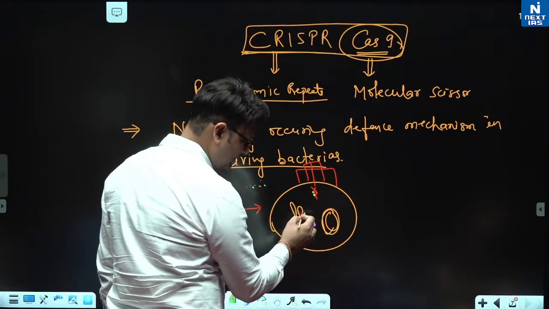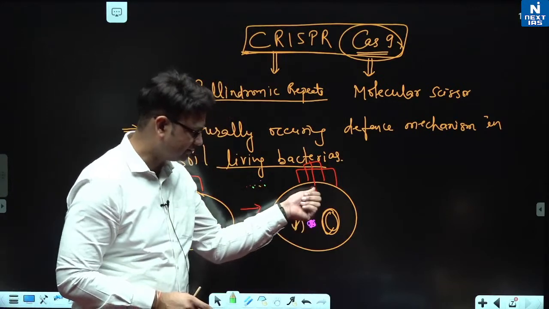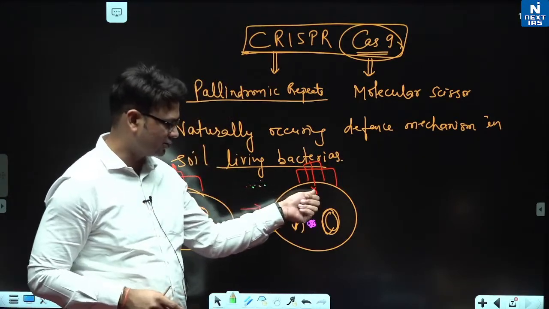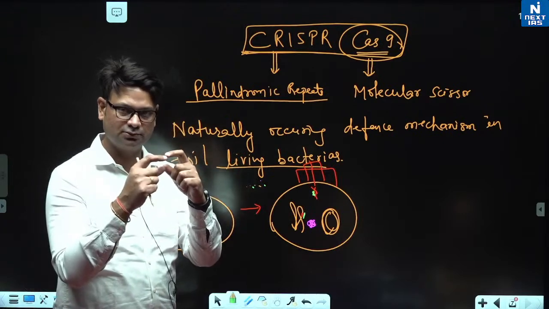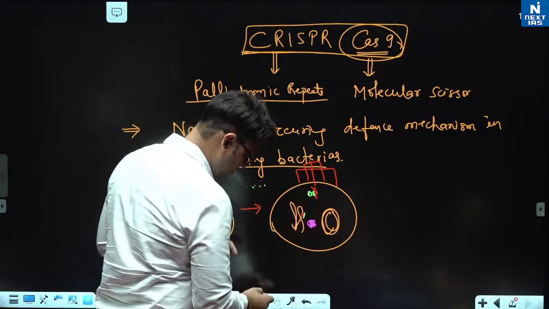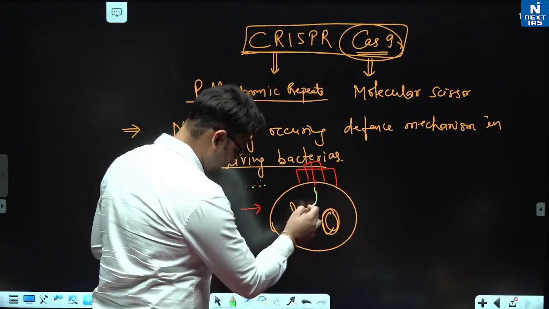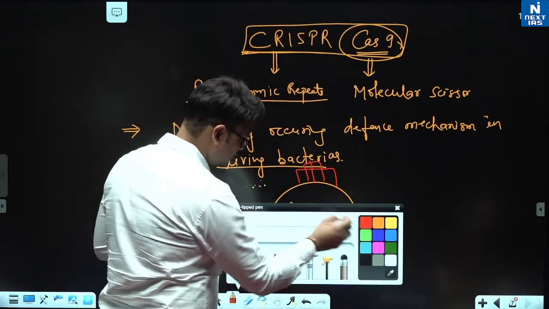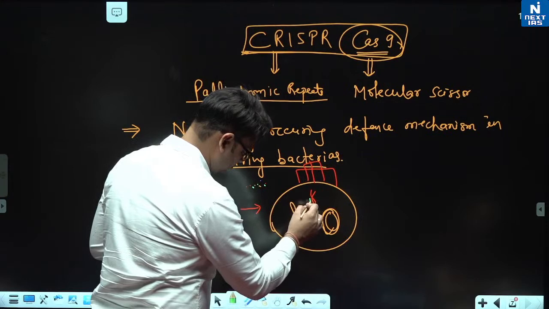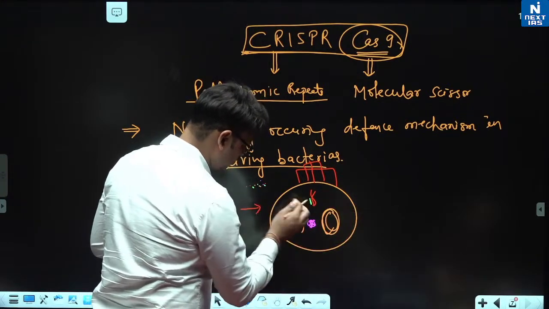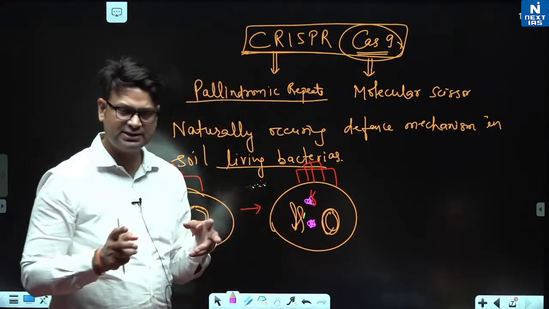गाइड आरएनए का काम क्या होगा, ये जाके सिर्फ ये बताएगा कि इतने से इतने लोकेशन पे आपको जाके अटैच होना है, because it will directly copy the same sequence on this part of DNA. बैक्टीरिया जो वायरस का डीएनए है उसके एक सीक्वेंस पे जाके अटैच होगा. And what this nuclease will do, this nuclease will help in snipping, कट करेगा इसको, ठीक है।